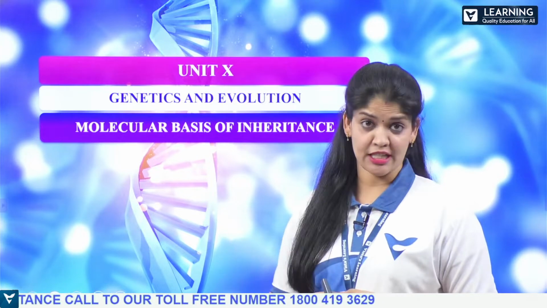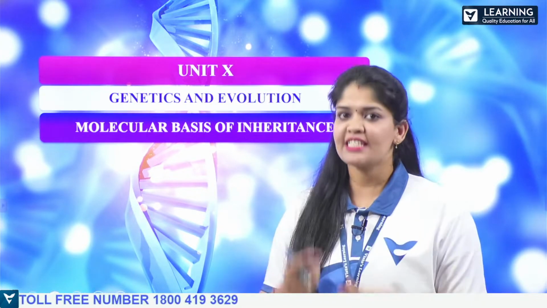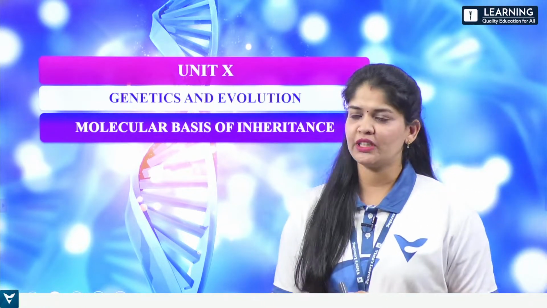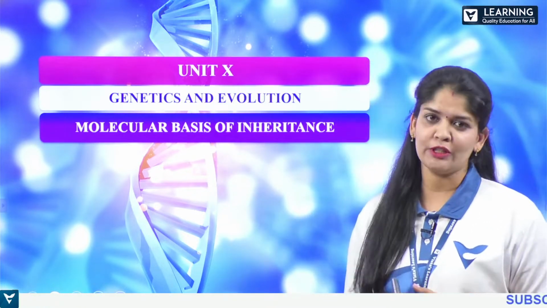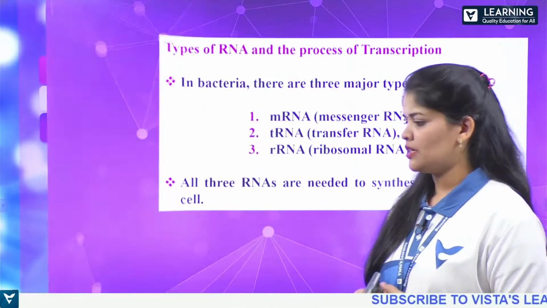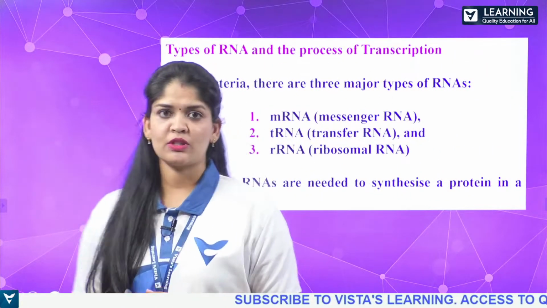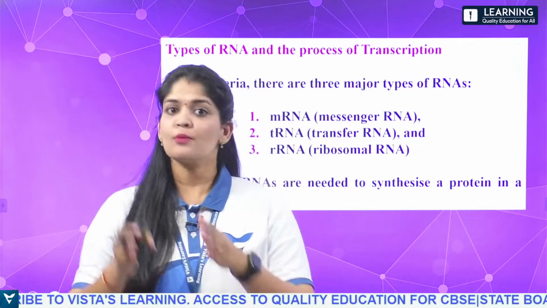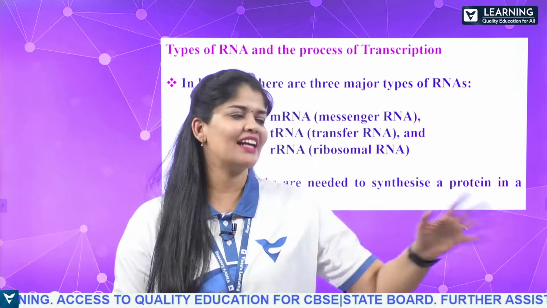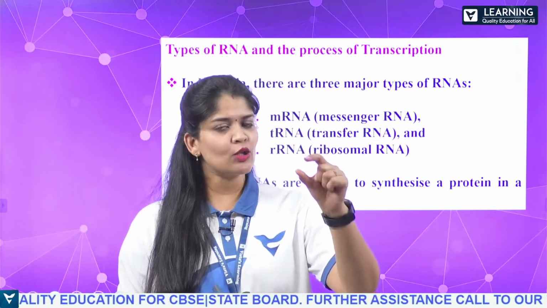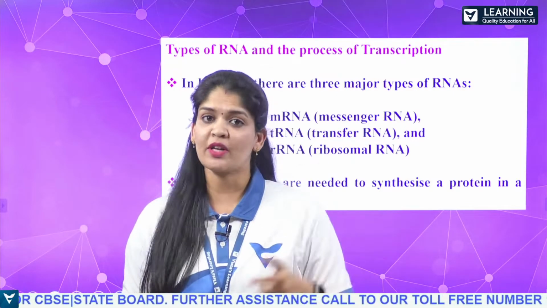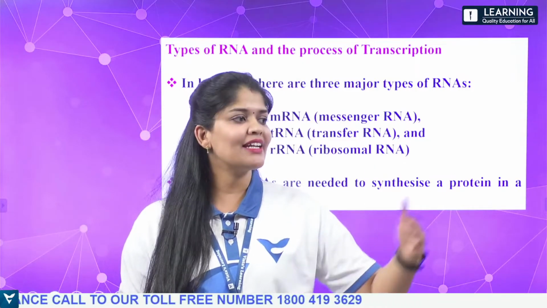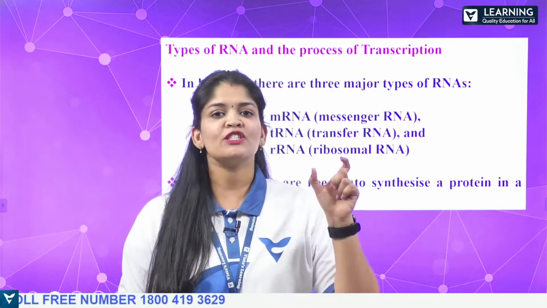We are in the series of sessions where we have been discussing the chapter Molecular Basis of Inheritance, which comes under the unit Genetics and Evolution. In the last session, we discussed the transcription unit, which has different regions like promoter, structural gene and terminator. The promoter is a sequence where the enzyme RNA polymerase binds. It is followed by the structural gene and ends with the terminator, which terminates the process